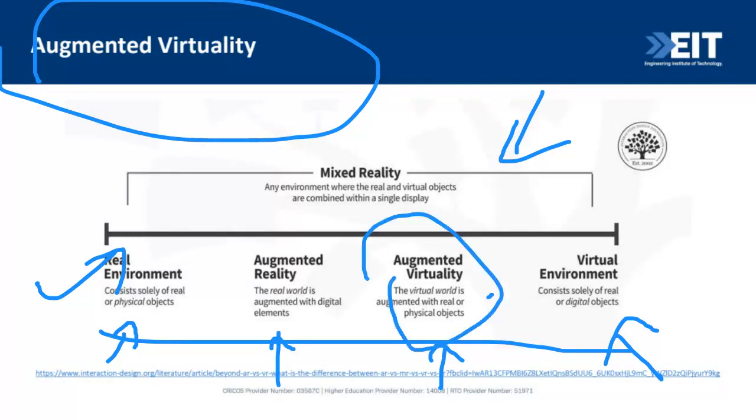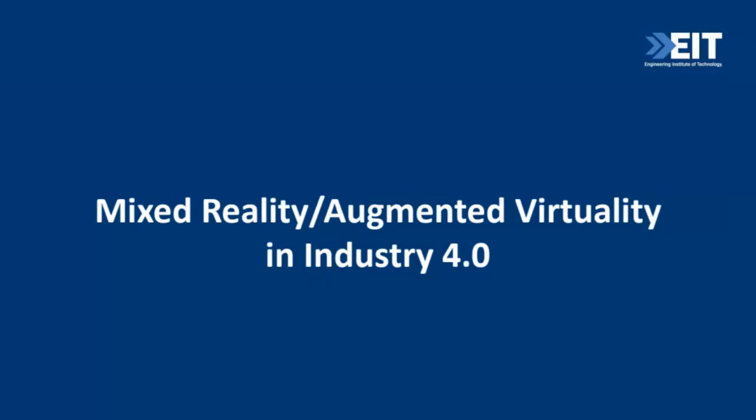So basically augmented virtuality would fall in as a type of mixed reality. So when we talk about augmented virtuality in this presentation, we're actually talking about mixed reality in particular,